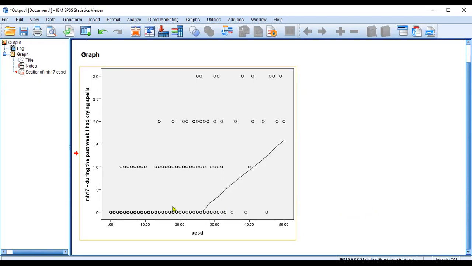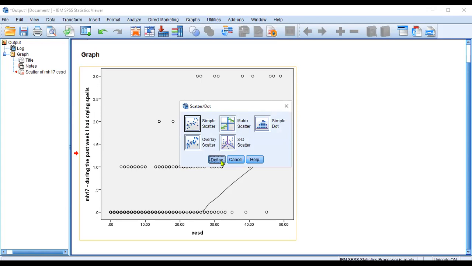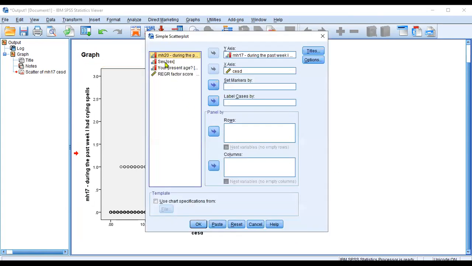That's for item 17. Item 17 is, during the past week, I had crying spells. Interesting. Can we try something different here with this one? Let's try a new one. And I'm going to show you one more, a scatterplot, which is actually kind of fascinating. Let's do the same thing, except now